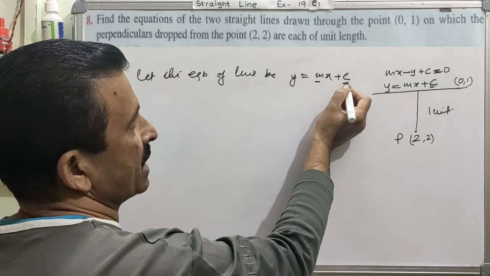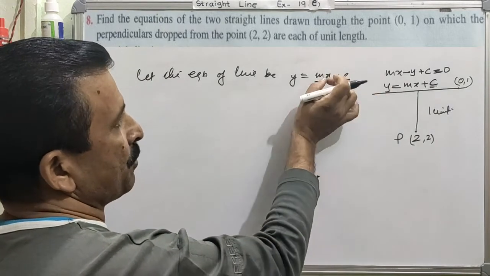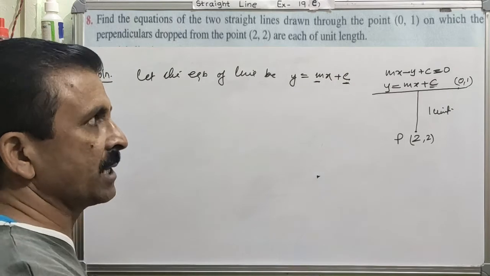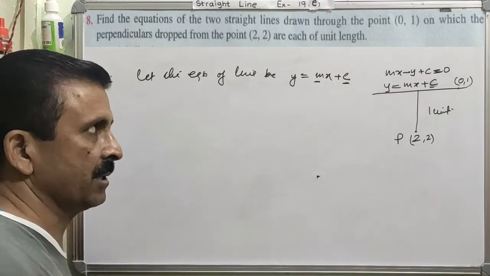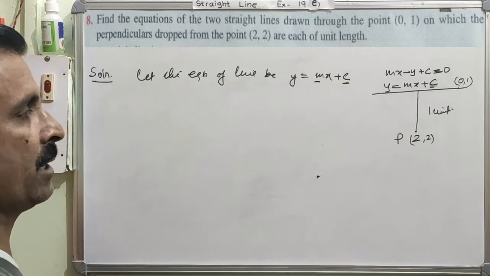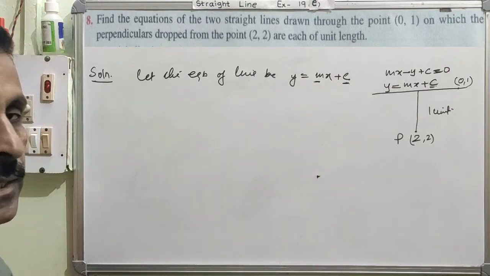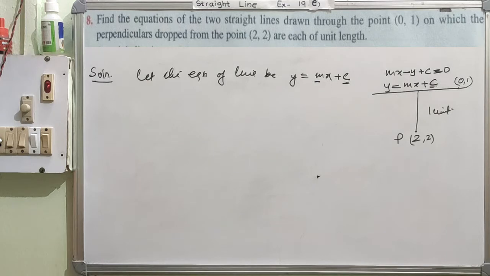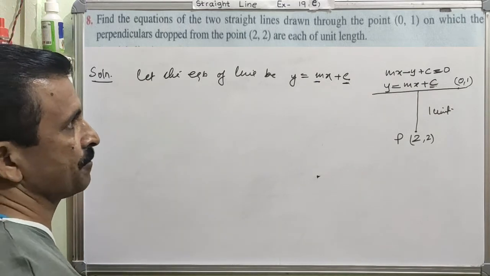So by calculating the value of these two things, you can put it here finally in the equation and you will get your final solution. So here there are two things to be done. You need to calculate the slope and you need to also calculate the y-intercept. Is it all right? So let us see how can we do this.